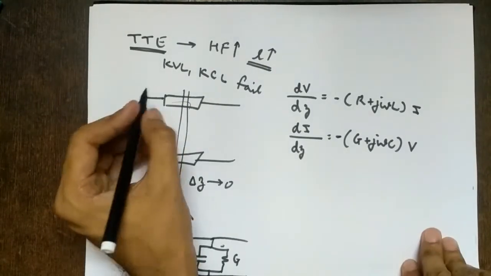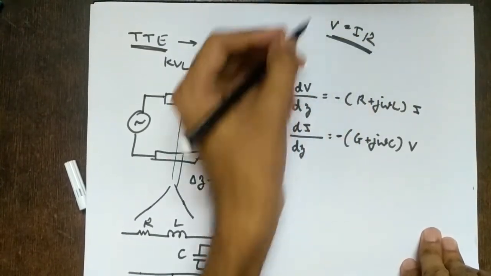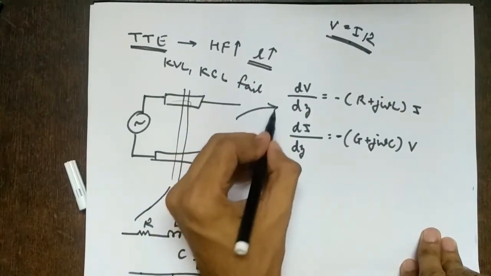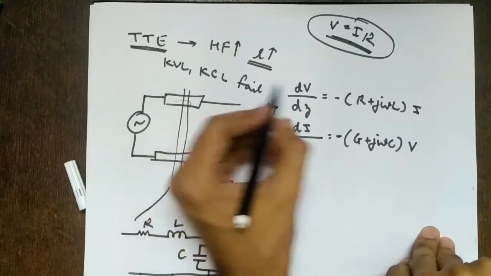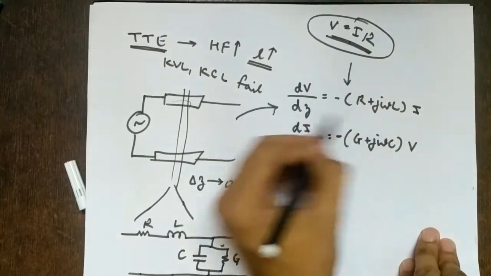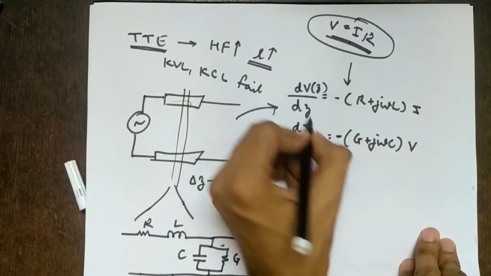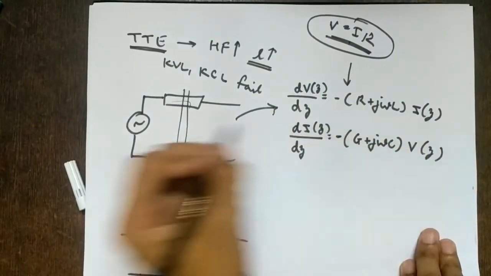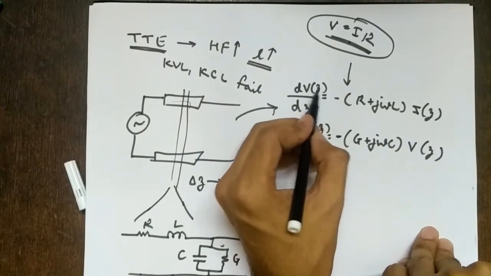Next, we said that the usual Ohm's law is V equal to IR. What is the difference here? This is an algebraic expression, but whenever you go to high frequency, Ohm's law is not applicable because KVL itself is not applicable. So the voltage and current relations are changed to this. This is a derivative with respect to z, so V has to be a function of z, and obviously these are all functions of z. Voltage changes on every change of z.